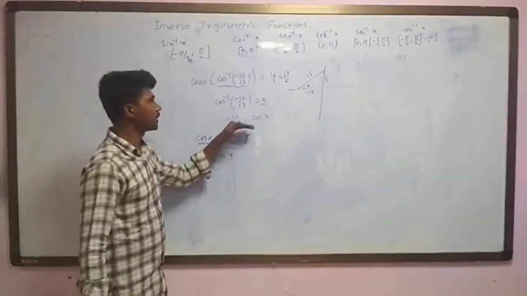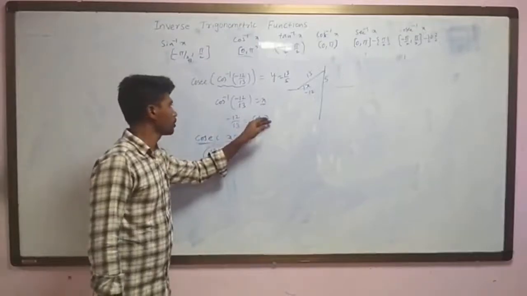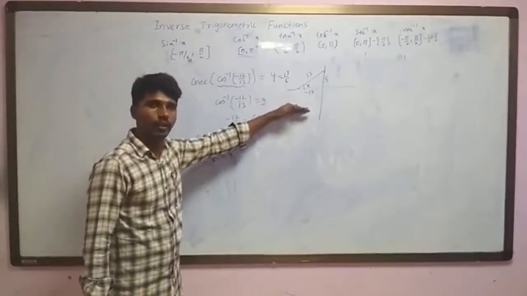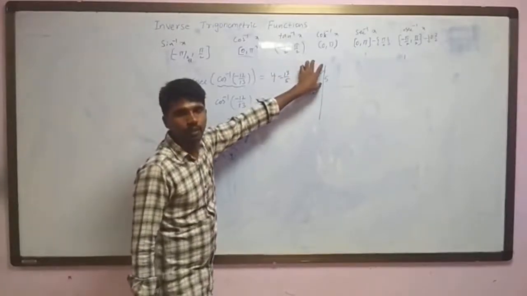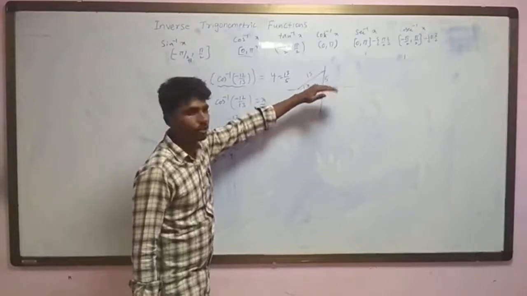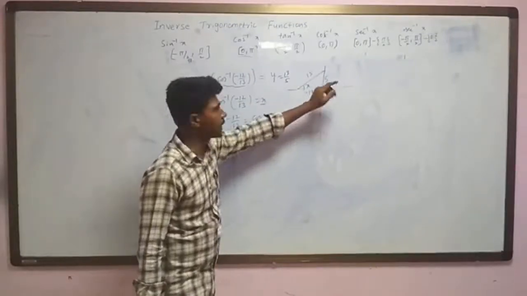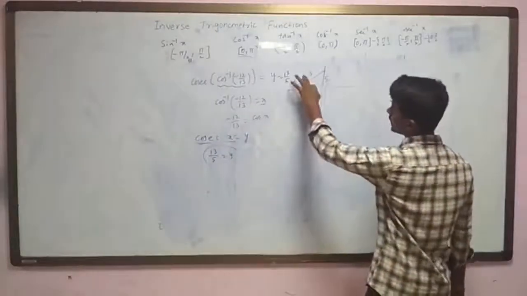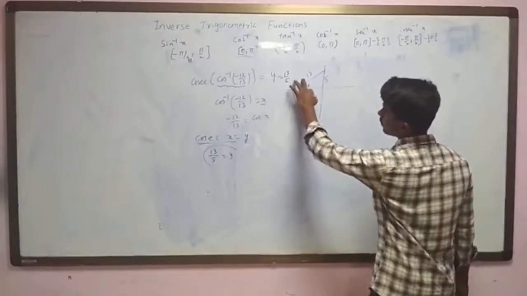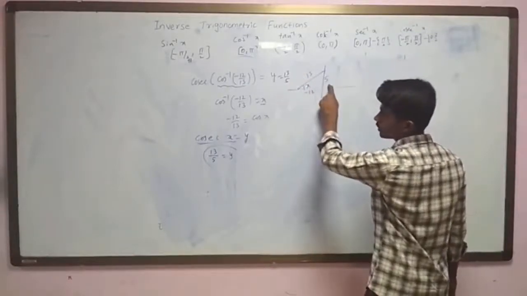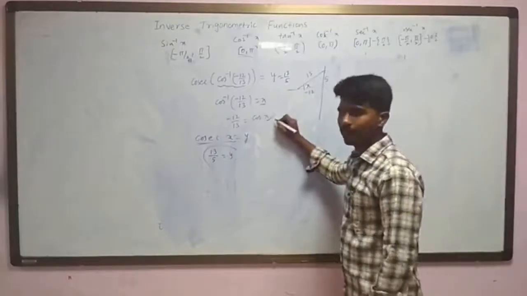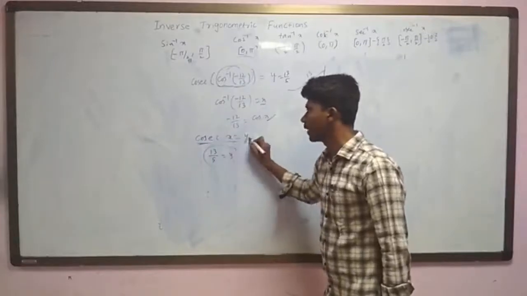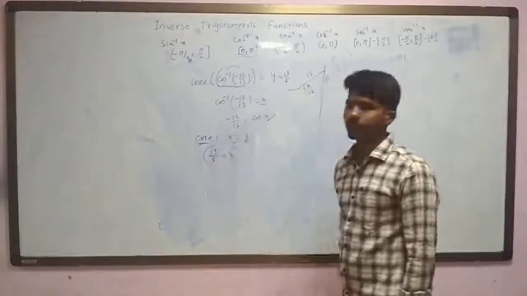Okay, this step once again you listen. Cos x is negative, so cos x is negative in the second quadrant and third quadrant, but we have to consider only the second quadrant. The third quadrant is restricted, because cos inverse lies between the first and second quadrants. Now with the help of this, form a right angle triangle, with minus 12 and 13 representing adjacent and hypotenuse. With the help of Pythagoras theorem, find the opposite. So we got cos x. Now this total value represents x, so substituting x, we get cosecant x is equal to y. From this right angle triangle, define cosecant x, which is nothing but